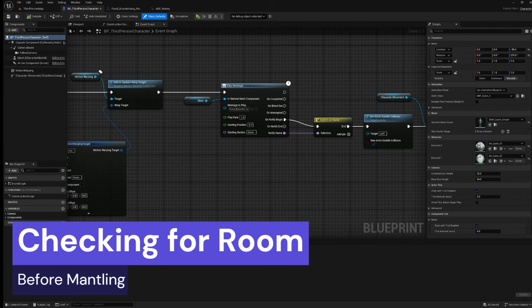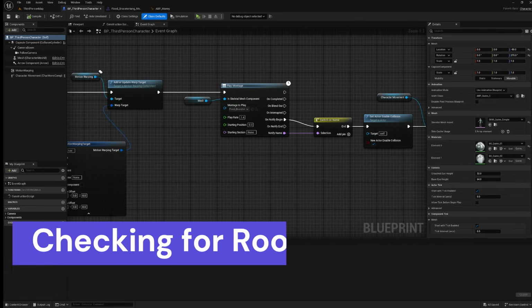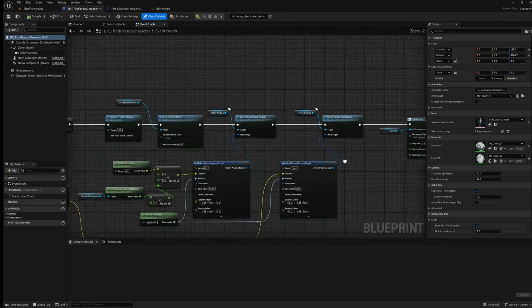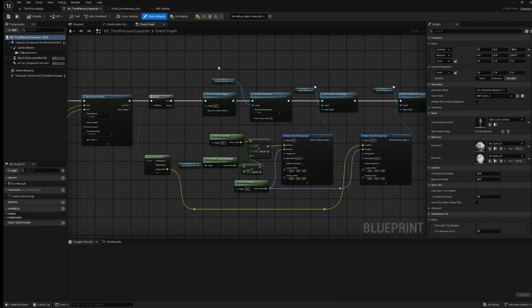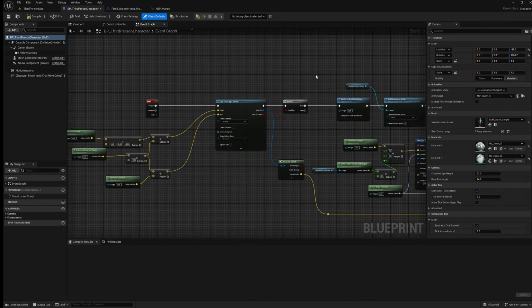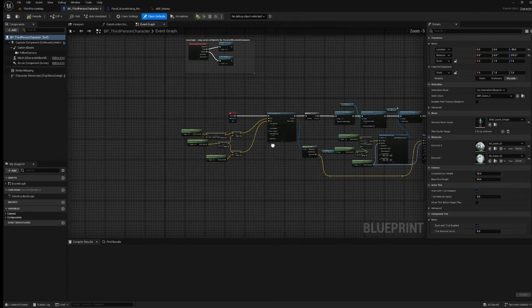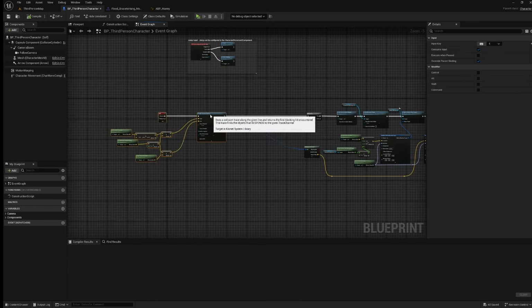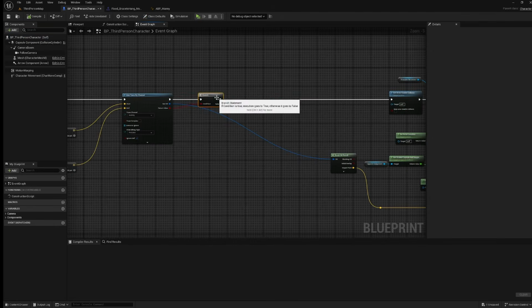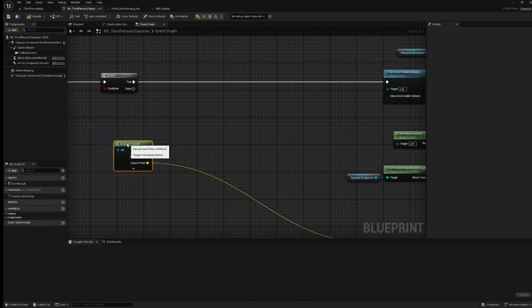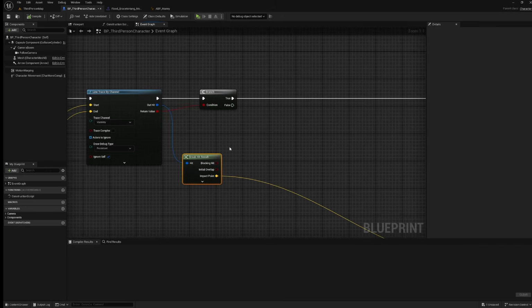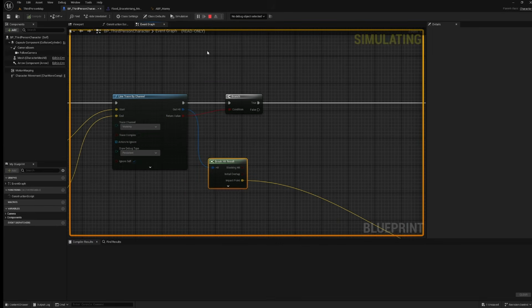Now, as far as bare necessities go, it's pretty much all we need, but there's a few other things that we can do to make this a bit more verbose. If we wanted to check to see if our character can actually move into the space that our motion warping will bring them in, we need to do another check. For our first check and our out hit, we want to make sure that our character is able to move to the space. If we go into a wall, for example,